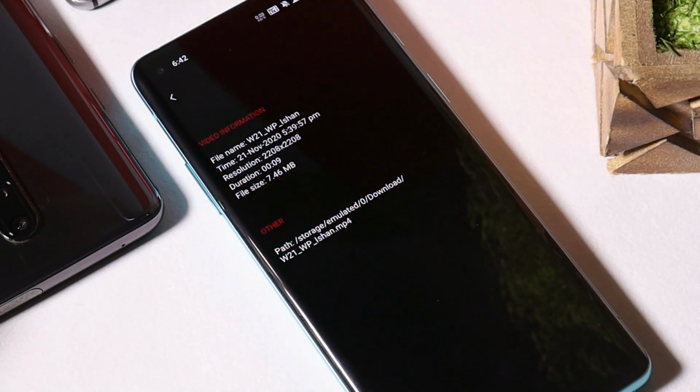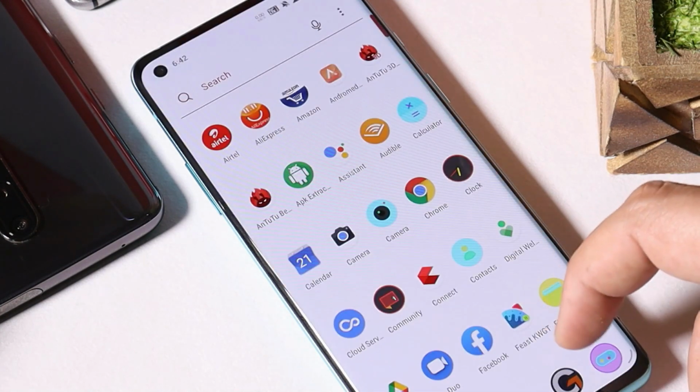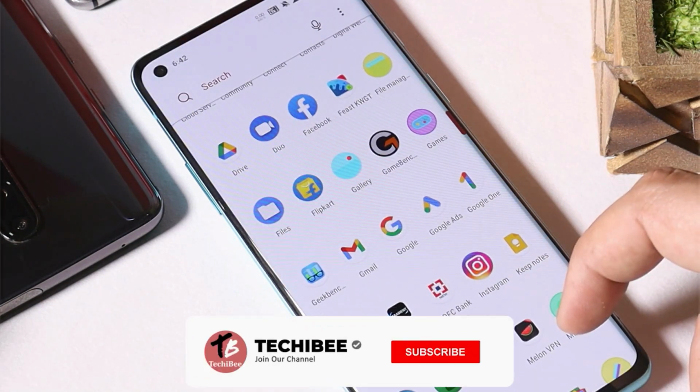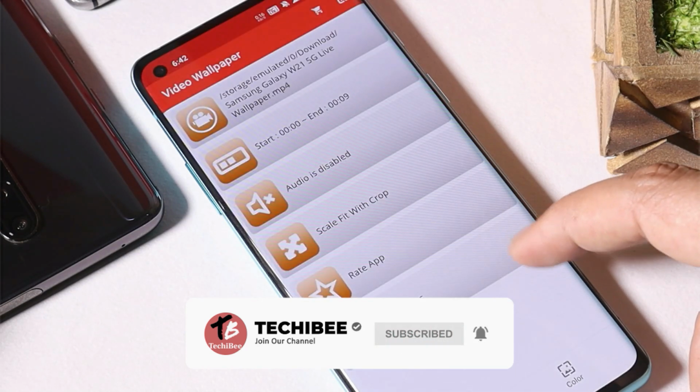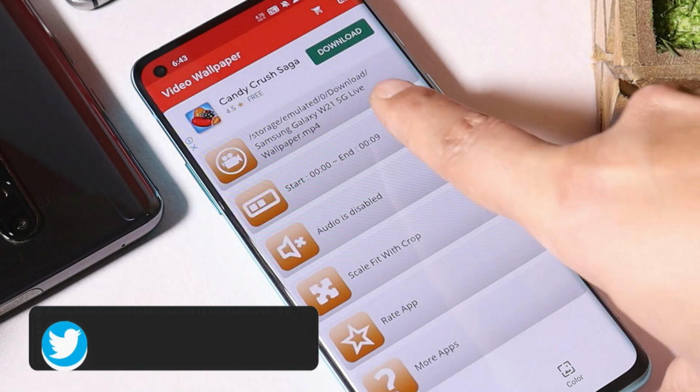It's a high resolution wallpaper and the size of this is 7.46 MB. The resolution of this wallpaper, or the MP4, is 2208 x 2208 pixels. If you want to apply this wallpaper, you need to download an application called Video Wallpaper. I'll leave the link for the application in the description below along with the wallpaper link, and then you can set